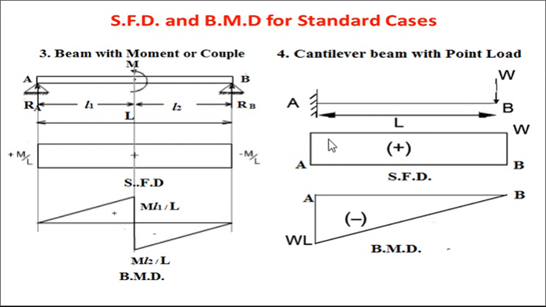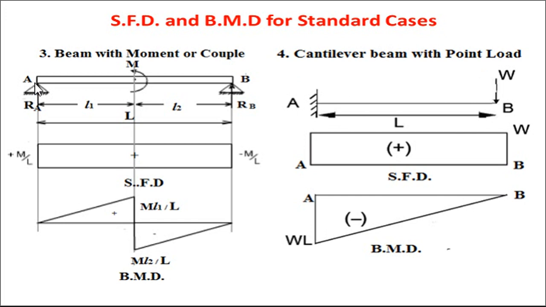In that case, shear force will be W and for the BMD, the maximum bending moment will be minus WL. Whenever there is an overhanging portion or cantilever portion, moment is always negative. Why negative? Because it will hog the section, hogging. You know that whenever load is downward, it will try to bend this section downward like this. To balance this bend, you have to apply moment in this direction. Means the entire section will bend like this. This particular curve is called a hogging curve.